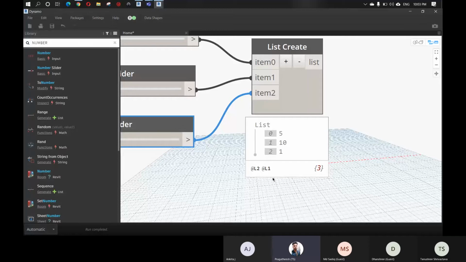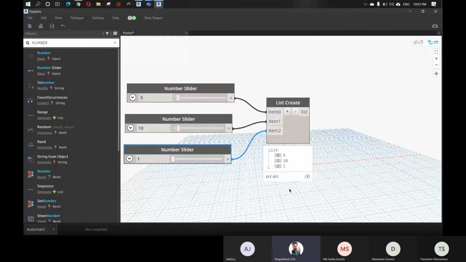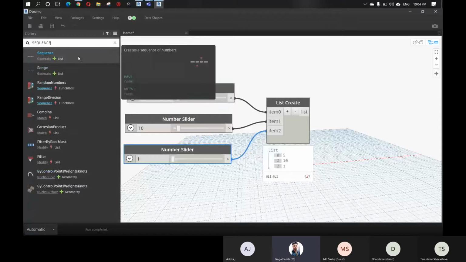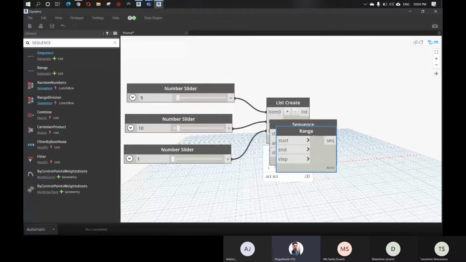Next we can see some more examples with the list create node. Those are called sequence and range. You can just type here "sequence" and you get this sequence and range node.